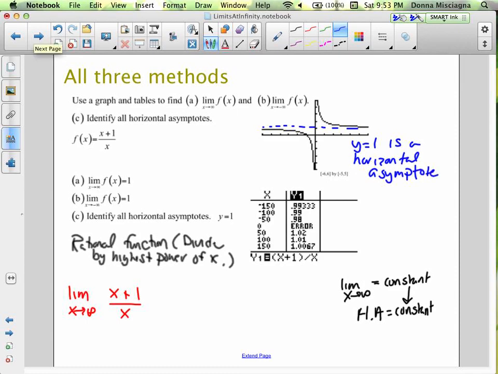Let's look at our table of values here. If we look from the right-hand side, the limit as x approaches 1 from the right-hand side is